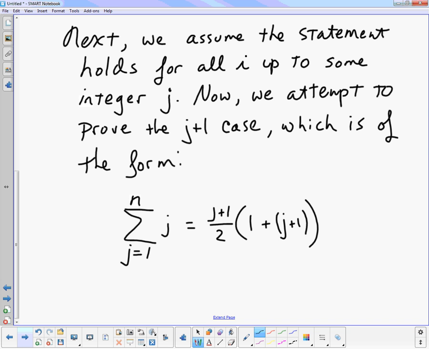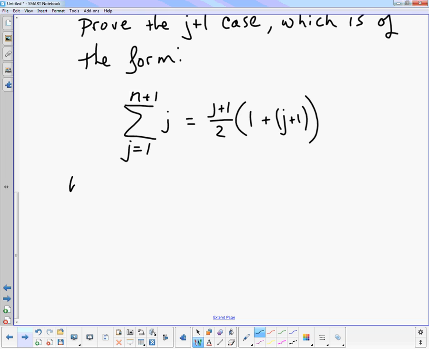All right. Yeah, and I do go one more up, right? Because it was true all the way up to j. But it needs to be true all the way up to the next step, okay? So we start with the assumption. And the assumption said